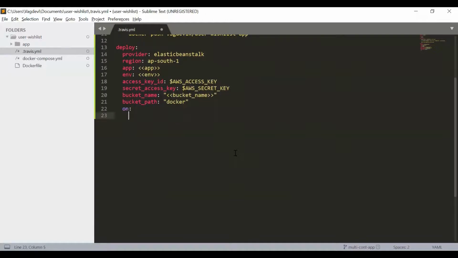on, we need to mention the branch. So upon making changes to this particular branch, I want those changes to be deployed onto the AWS. That is what this means. Branch, we can write something like, what was the previous thing which we have used?